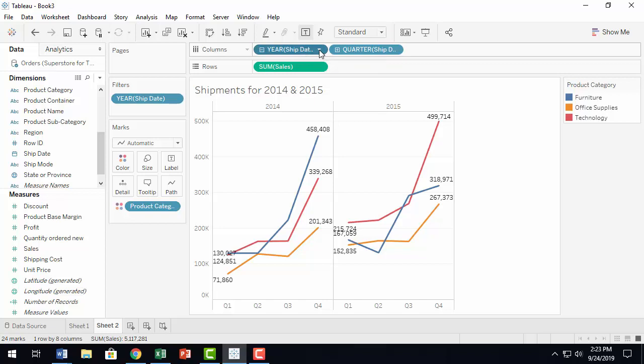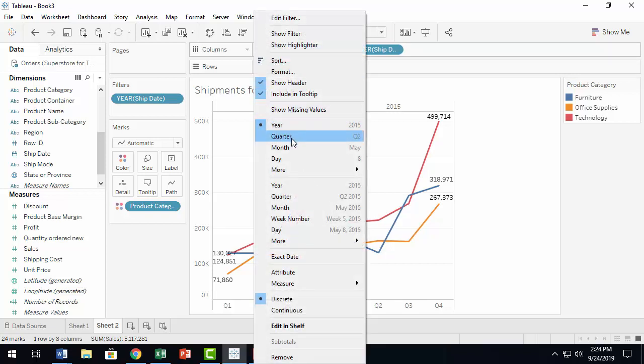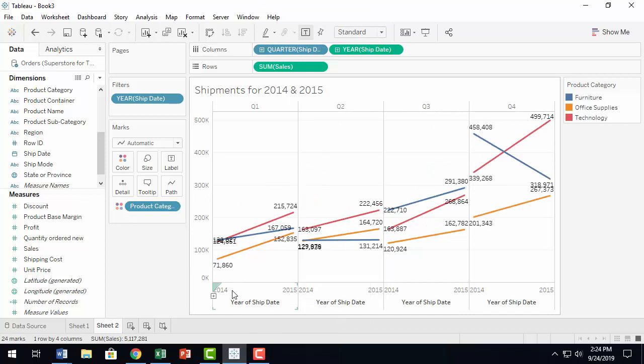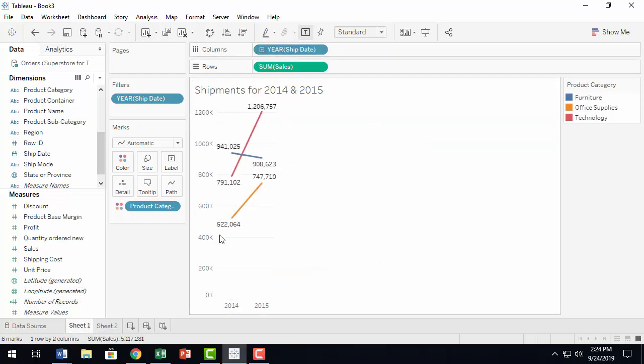If you change the time value from this year to this one, you will see the difference. If you did the same thing over here, then the 4 quarters are combined into 2014 buckets. So remember, this is buckets now. So there are only 2 buckets now. It's a 2014 bucket and the 2015 bucket. That's it. So everything is added up to 2014, and then everything from 2015 is added up, and then they